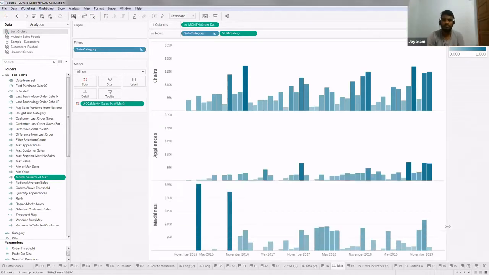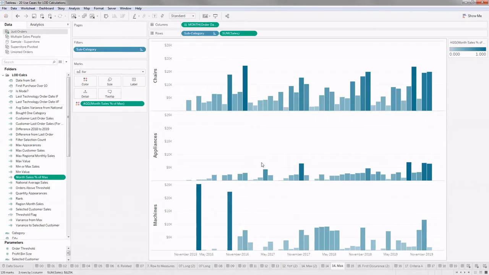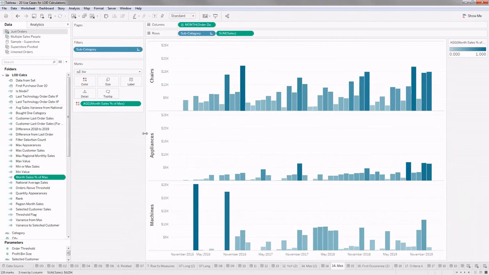Great. Jagdish, one question. Yes. Can't we do a percentage of total and table across, so that way it won't take the complete table? Percentage of total, table across, you can do that, and you can put it in color. As I told, we can do table calculations, but we are just trying to see how we can arrive at the same using LODs.